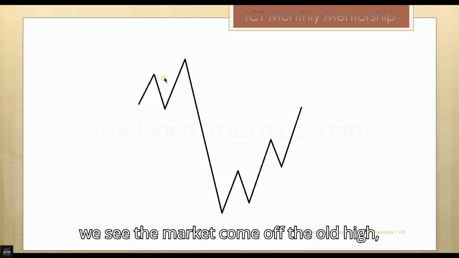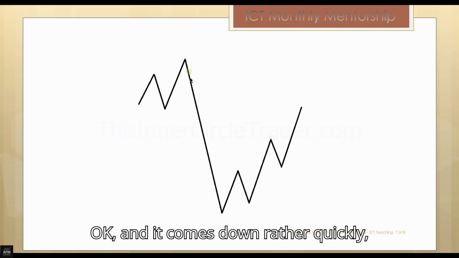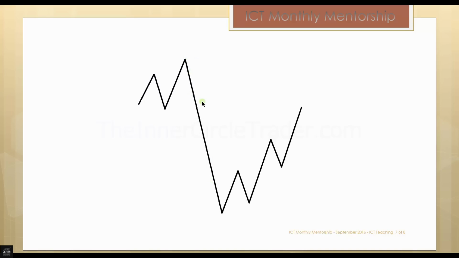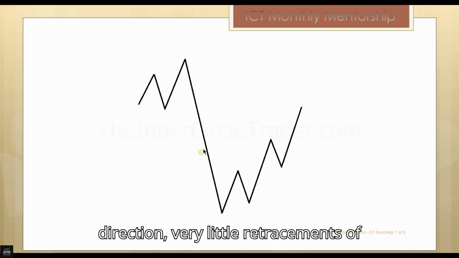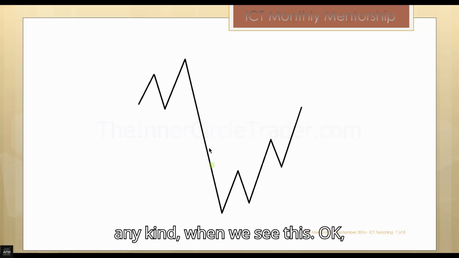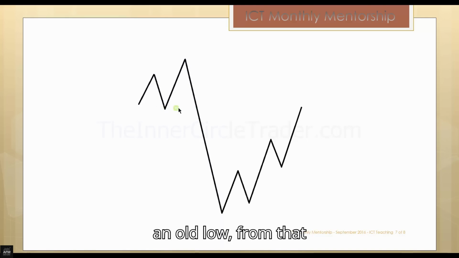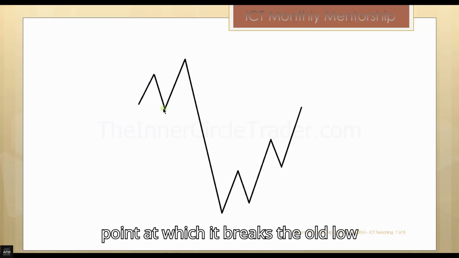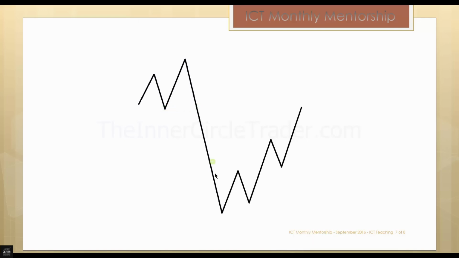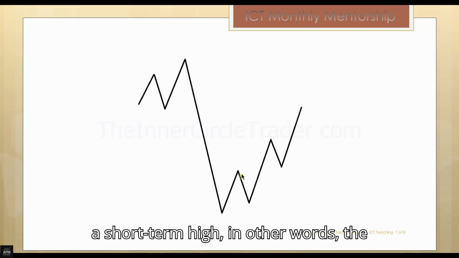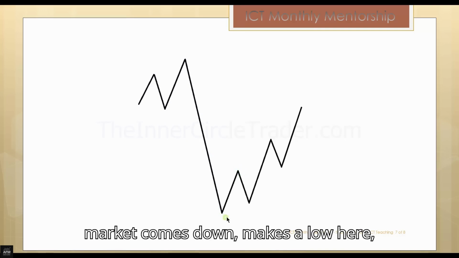If we see the market come off of an old high, and it comes down rather quickly, if there is a very sharp or one-way type direction, very little retracements of any kind, when we see this, once that market breaks below an old low, from that point at which it breaks the old low until it gets through a short-term high, in other words, the market comes down, makes a low here, starts to trade off,